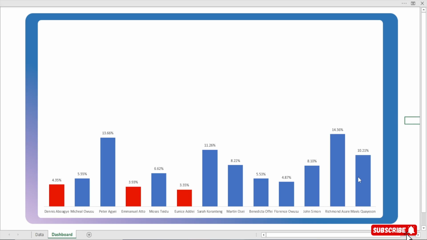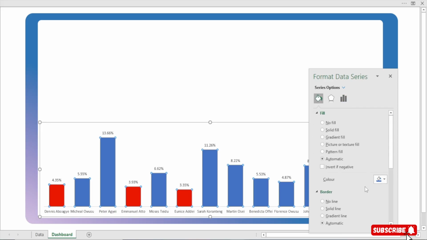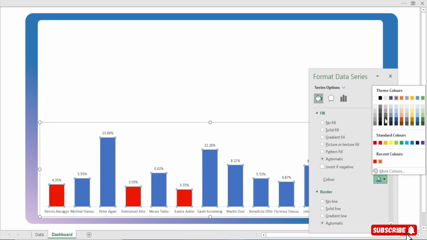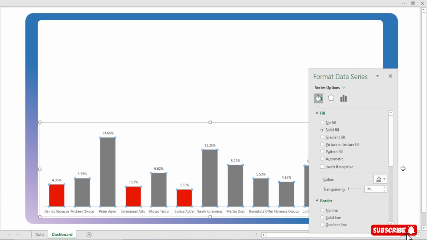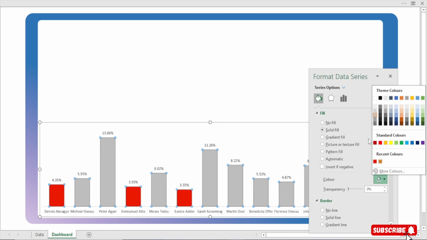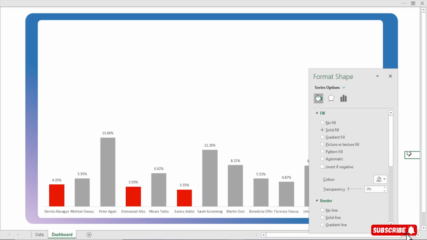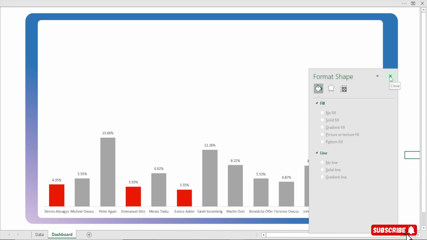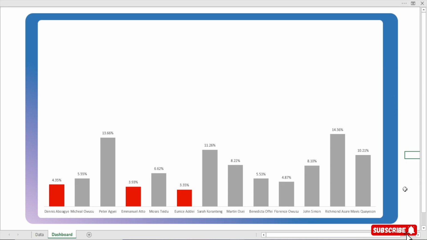Now we don't want this blue color, right? So we select all the bars, the ones that are not top or bottom. Make sure this blue is selected here, and then we are going to select a light, dark, is it gray or black or whatever? You see that? Perfect. So let's see if we can use this. This is too light. Something like this is not bad, right? Perfect. So you see, we are gradually making progress.